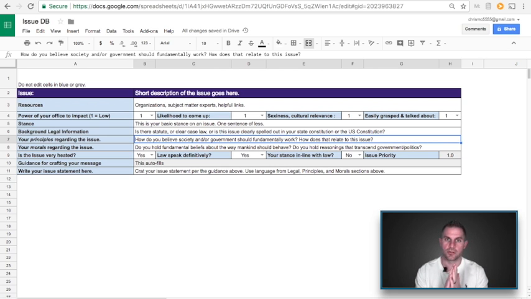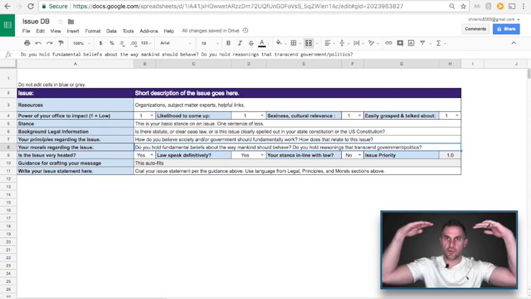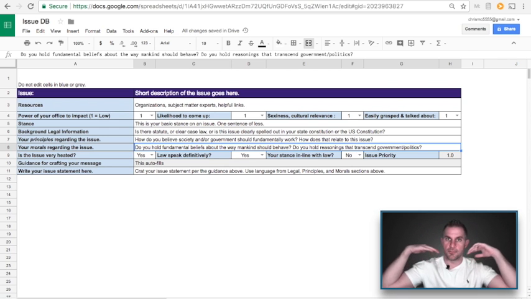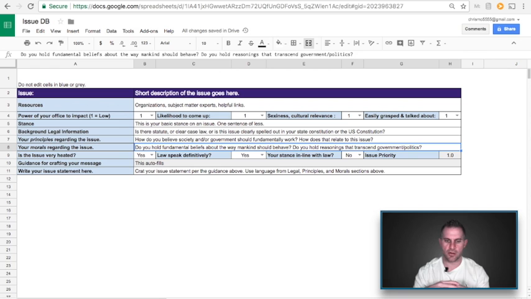So this next one, row 8, your morals regarding the issue. So this is where you take things up a level, above politics, above government, and you think about what are fundamental beliefs that I hold about the way mankind should treat each other, the way that mankind should take care of the planet, the way that they connect to God and how they live out their life in accordance with those deeply held morals.